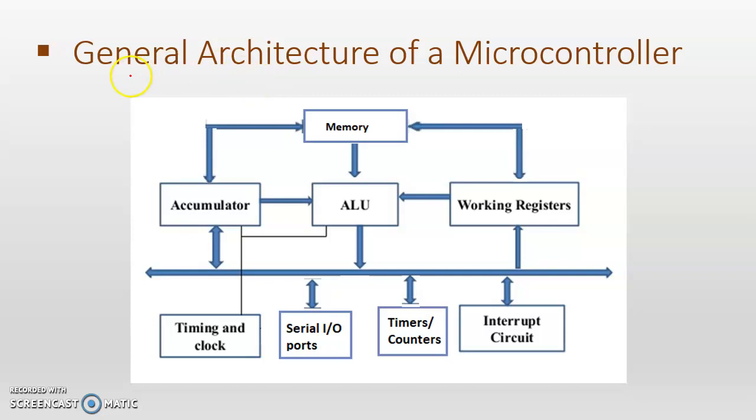Now similarly, if we see the general architecture of a microcontroller, we can see similar blocks, but additional blocks: the memory, the serial input output ports, and timers and counters, which are present in addition to the microprocessor. The microprocessor is generally the general purpose digital computer. A microcontroller is a single chip computer, we can say. There is an inbuilt memory, so ALU and all these functions we can execute, and the memory will be stored directly in the microcontroller chip. So we don't require any external memory to interface with the microcontroller.